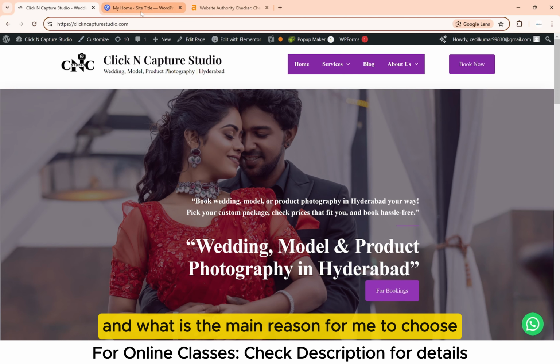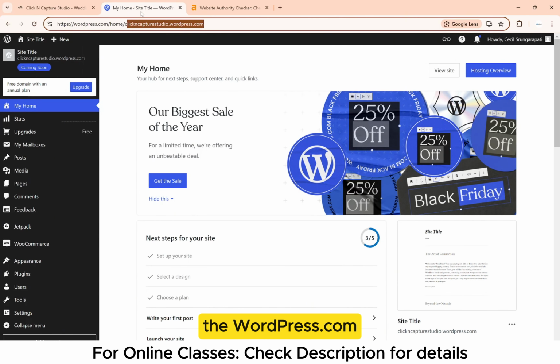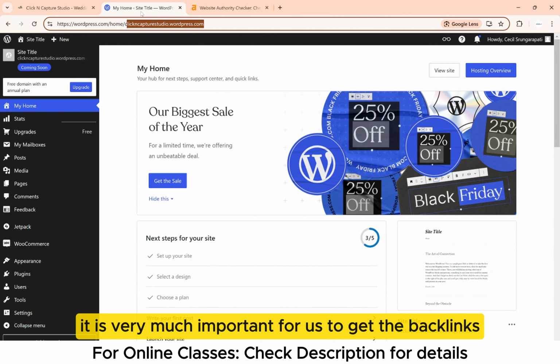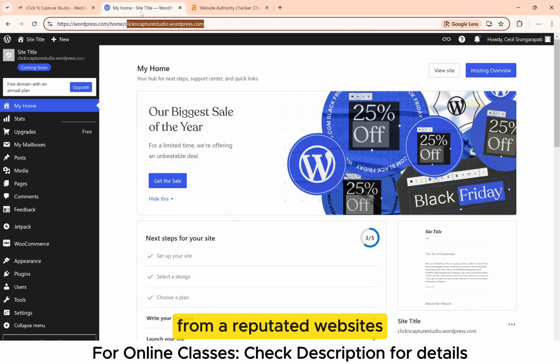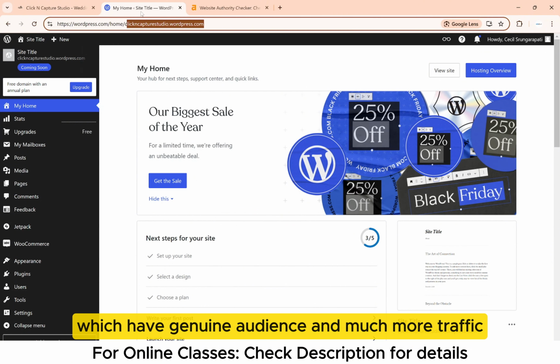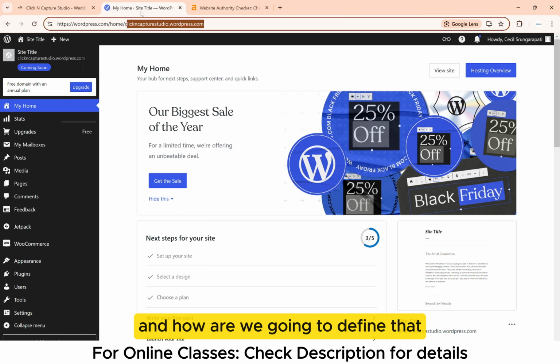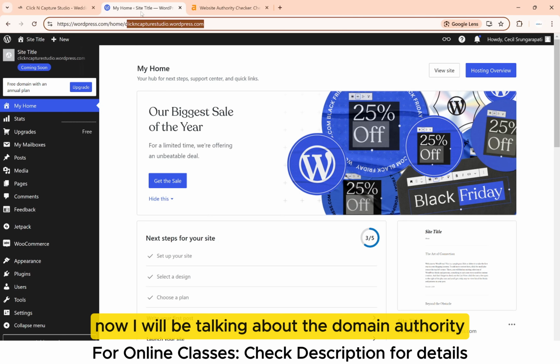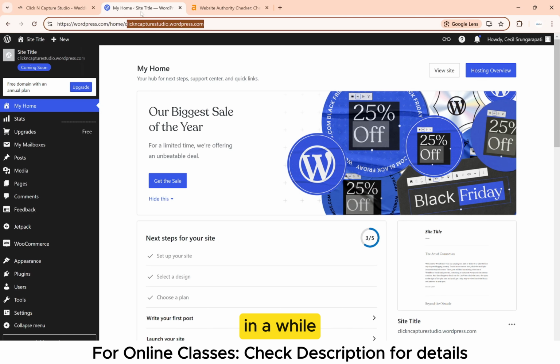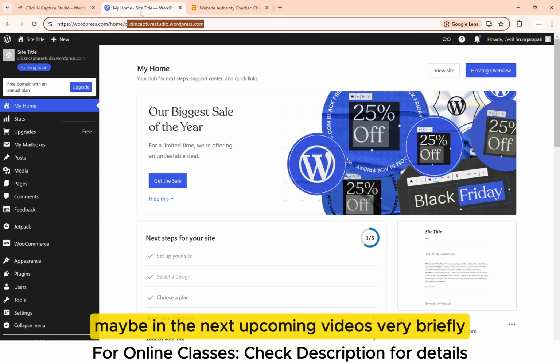And what is the main reason for me to choose wordpress.com? Now it is very important for us to get backlinks from reputed websites which have a genuine audience and much more traffic. And how are we going to define that? So it is very important for us to know about the domain authority of that particular website. Now I will be talking about the domain authority in a while, maybe in the upcoming videos, very briefly,